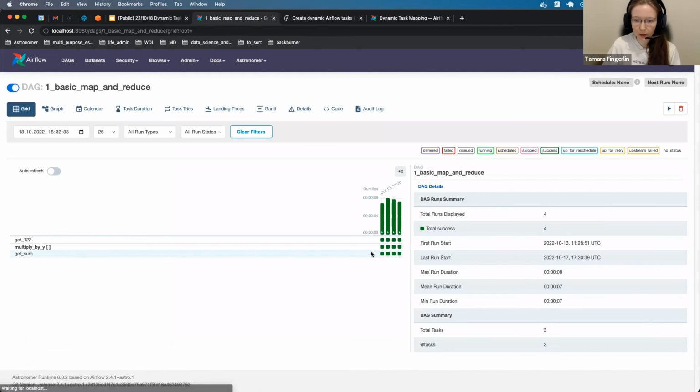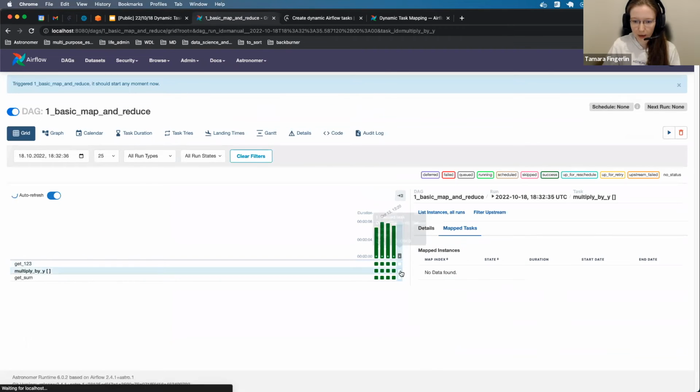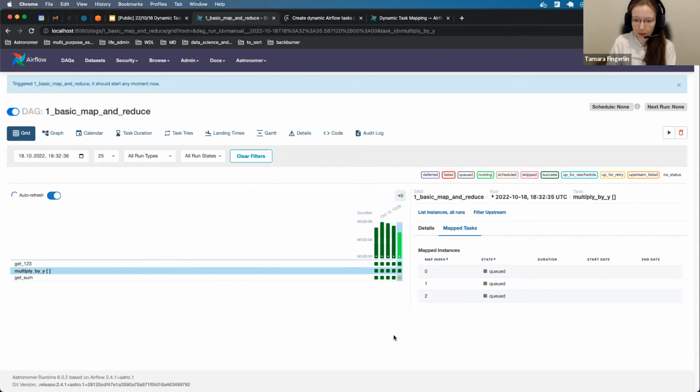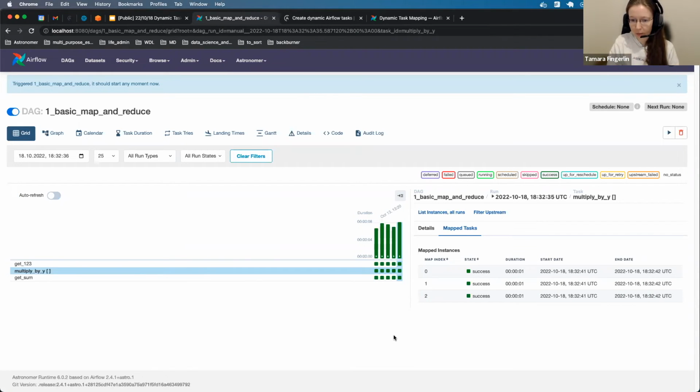Now, if I run this task, you can actually see how Airflow doesn't know yet how many map task instances there will be. Only now it arrived at this task, saw that the upstream output had 3 elements in its list, and decided to create 3 map task instances. And if we click into one,